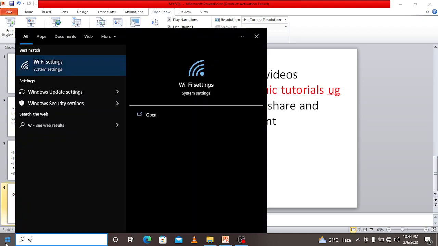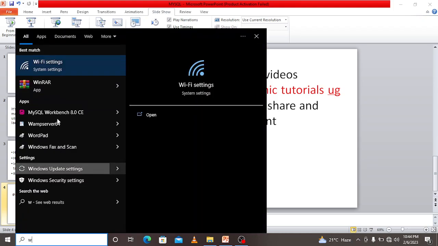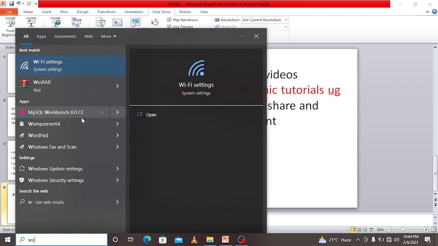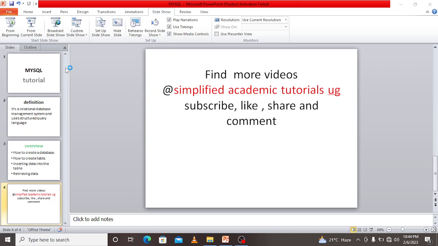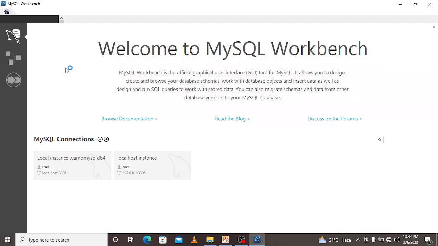Workbench. I think it is loading. Yeah, it is loading. Okay. This is the environment that you're going to interact with. So here we have what we call MySQL connections. You have to establish a connection. So to create a connection, just come here on this plus button and click here,